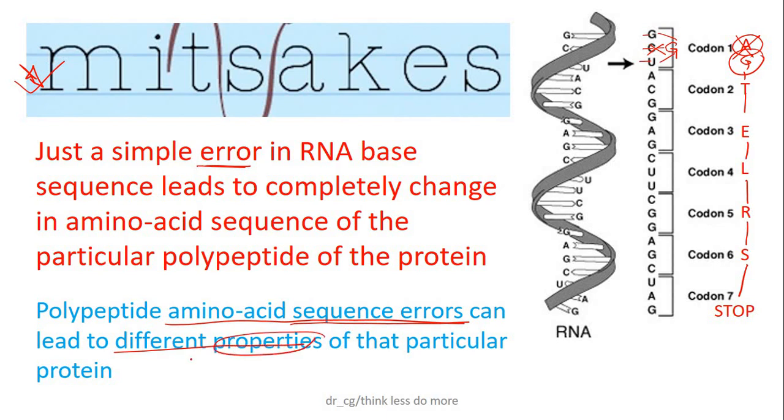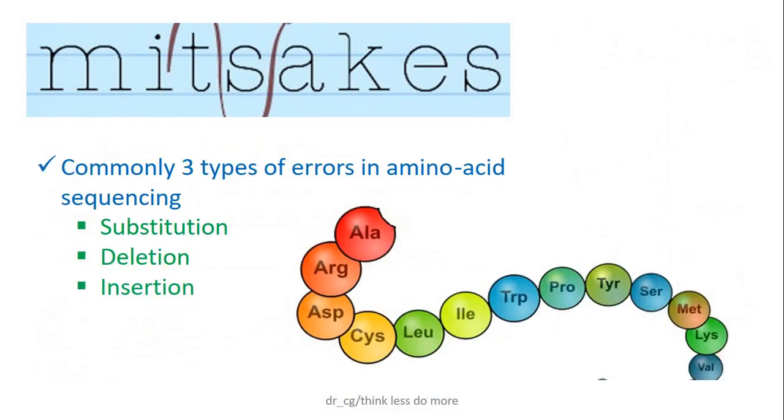They are important. These errors, or specifically mutations in the scientific world, can be of three types: substitution, deletion, or insertion. What we have seen in the example is substitution of alanine with glycine in the first place of the chain. It can be deletion of some amino acids from the chain, or insertion of some new amino acids inside the chain. That is how a small change can lead to a newer type of variant of the virus.